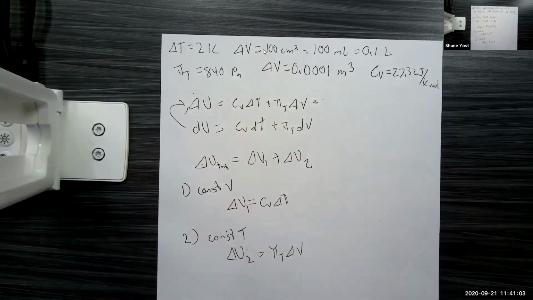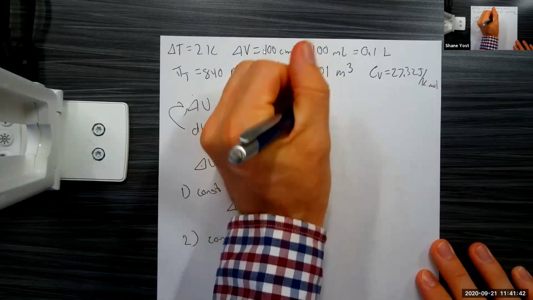I'd add those together to get delta U total, which is the same as this expression up here. We can do that because U is a state function, so I can break up this change. Instead of thinking of it happening all at once, I could think of it happening sequentially. If we're more comfortable thinking about delta U for a constant volume process and for a constant temperature process, we get those two equations, then add up those two changes to get the total change in internal energy. So any questions about why we're using this expression here?